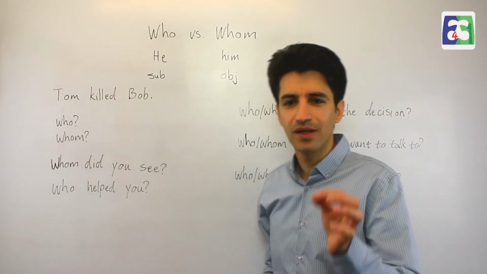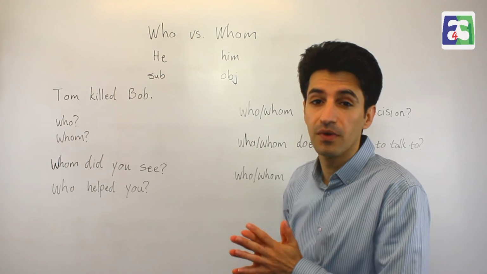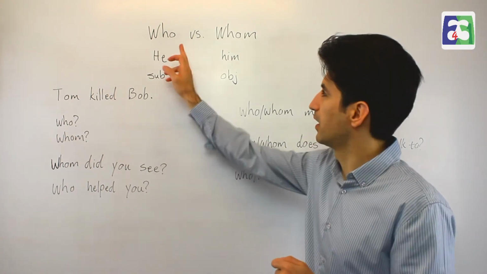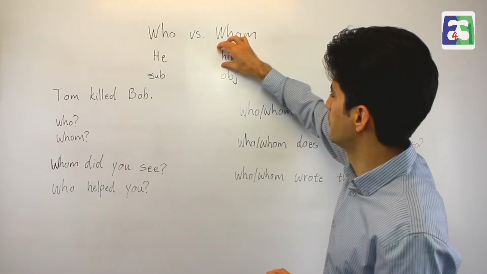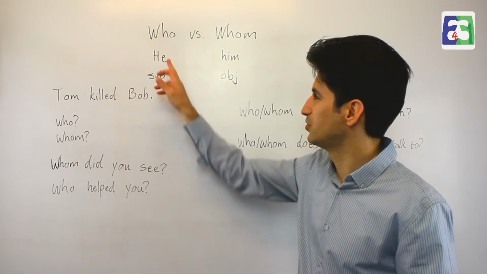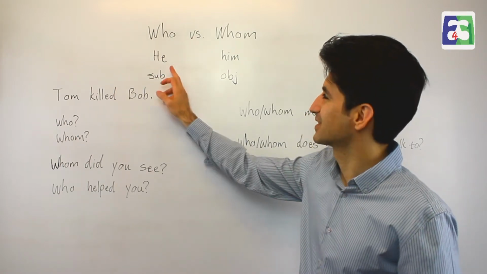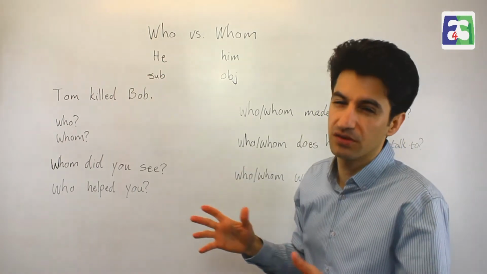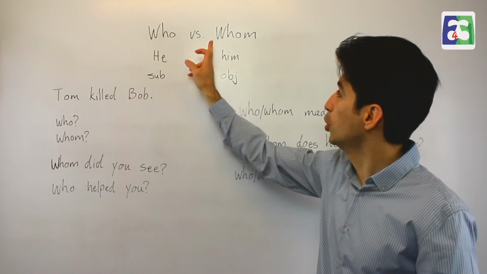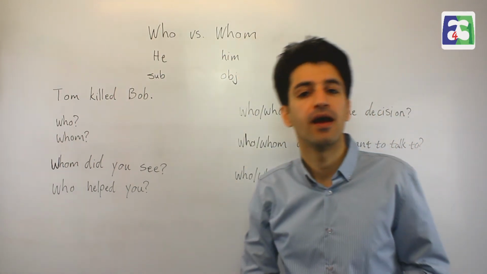There is a small hint. If we mix it all up, then we can just put a sign for ourselves. The one that ends in M is for the one that ends in M. Of course, if I say you and you, both are the same thing. But if I say he and him, it can be a clue. So who asks about he and whom asks about him, both ending in M.